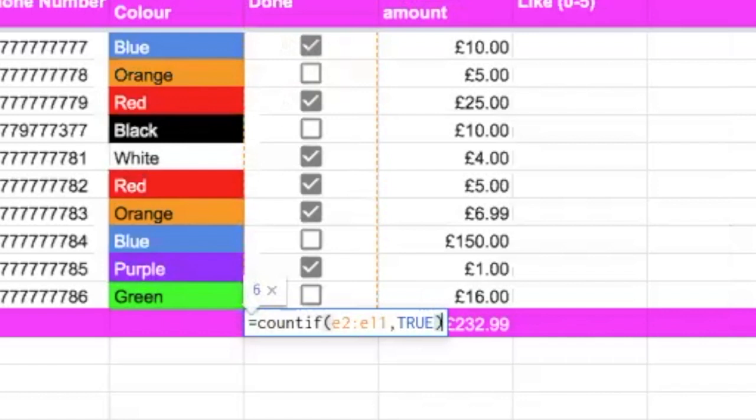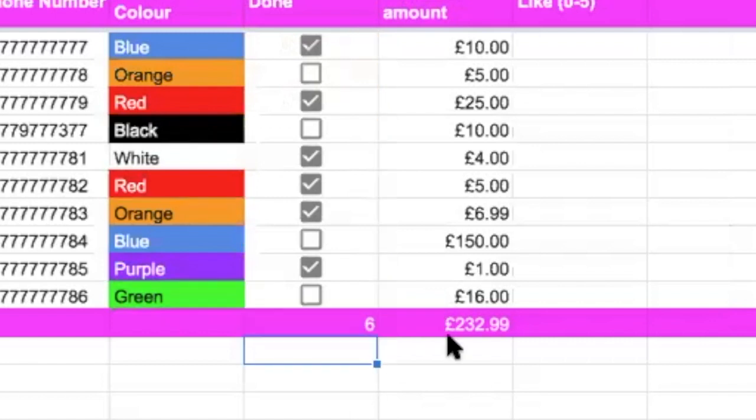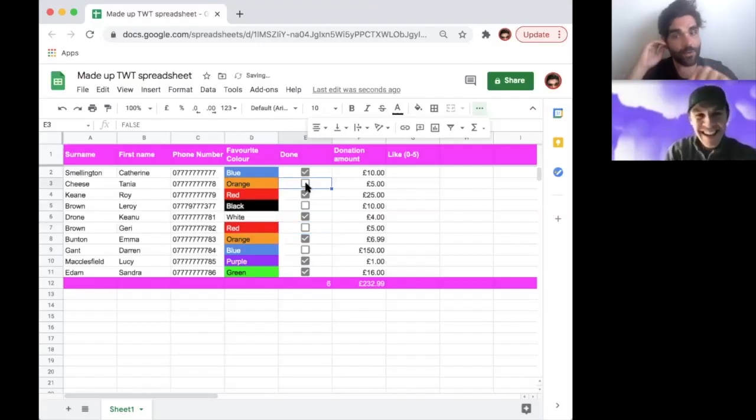So hopefully that will just work straight away. Let's see. So that's counted. So that should change if we start ticking some more. Oh, you'd love to see that. Yeah. Oh, isn't that nice? And then what we can do is,